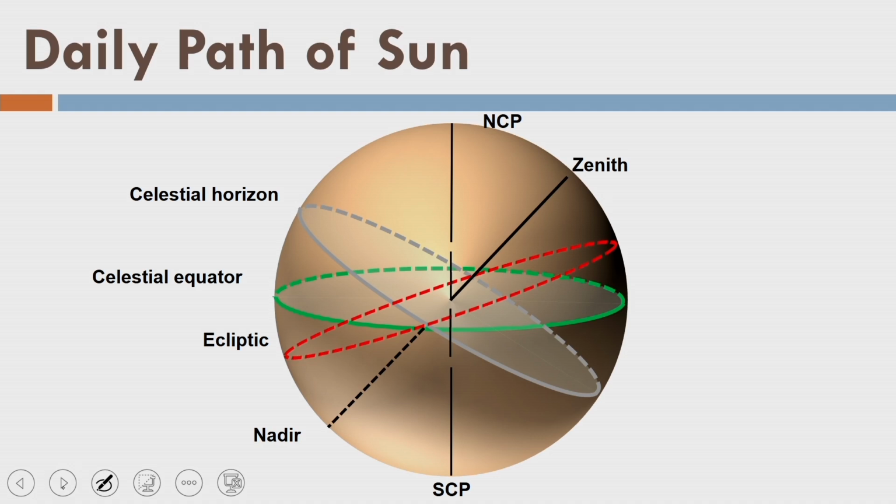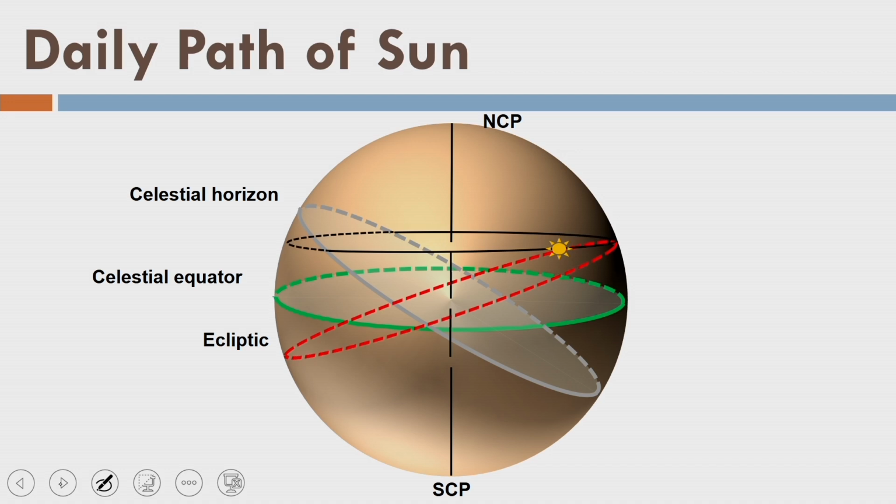So, you are marking those 365 positions along the equator of the earth, and you are getting this kind of path, which is shown here in red color. Let us remove Zenith and Nadir and let us say the sun is here. So, what about the daily path of the sun? We have marked one position on one day on this ecliptic. So, the daily path is parallel to the celestial equator. So, like this. Now, the sun will move in this way and it will first set here and it will rise here. So, this is a rising point, I can say around east, and that is the west here.